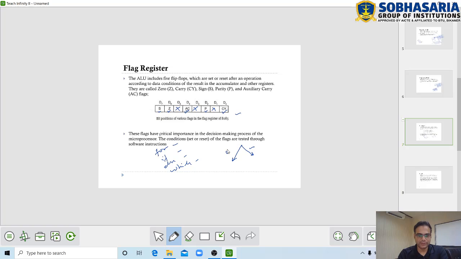flags. Suppose a sign flag, the status of the sign flag can be 0 or can be 1. If the status of the sign flag is 0, the microprocessor will perform some task, and if the sign flag goes 1, then the microprocessor can perform some other task. Likewise with the zero flag, if it is 0, it will perform some task. If the zero flag is 1, then the microprocessor can perform some other task. So we can use flag bits to perform decision making processes.